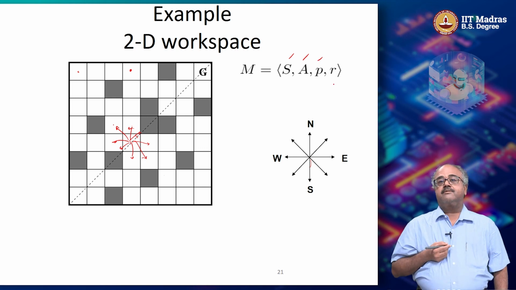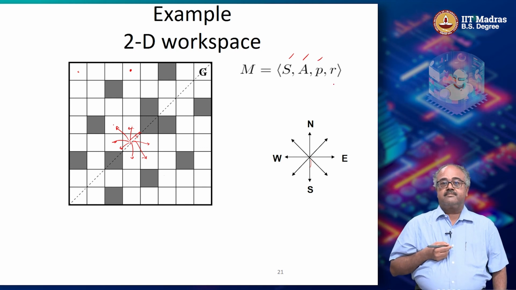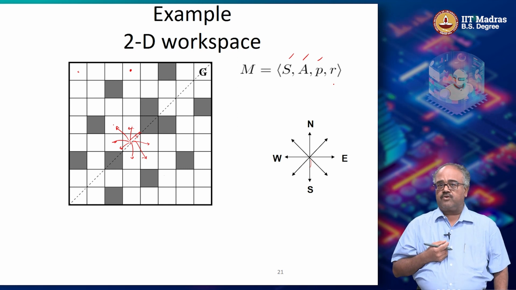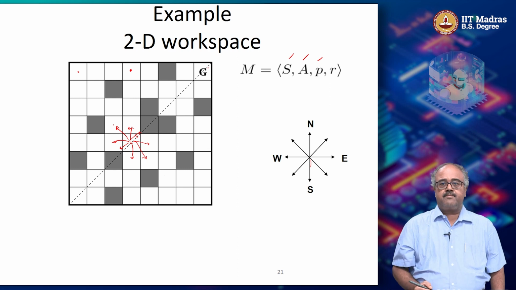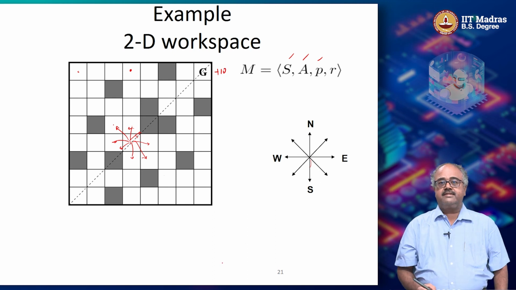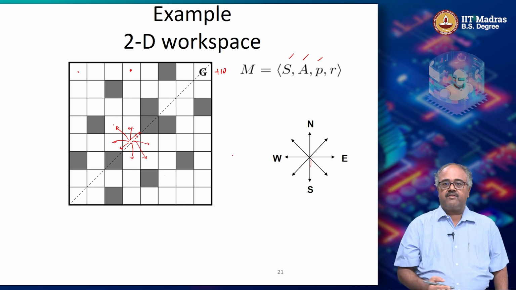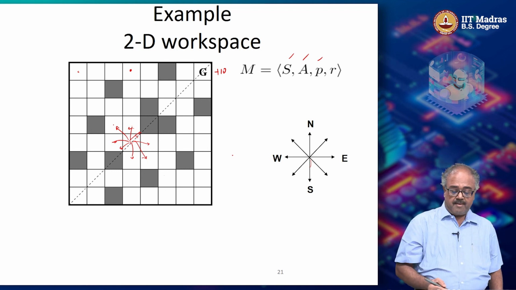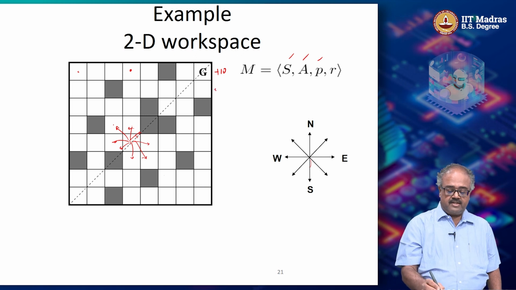So what about your R? R depends on what you are trying to solve here. So your goal is to reach the state marked G. Then what you can do is you can give yourself a reward of say plus 10 on reaching G and 0 everywhere else. And you are trying to maximize the total reward, remember that. So what will happen is, if you do this, reward of plus 10 on reaching G and 0 everywhere else, so whatever you do,